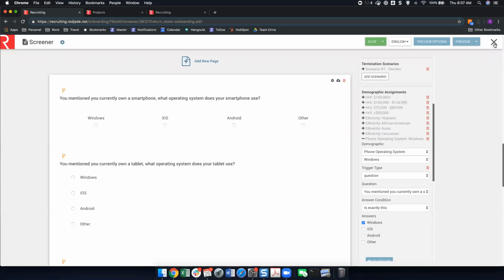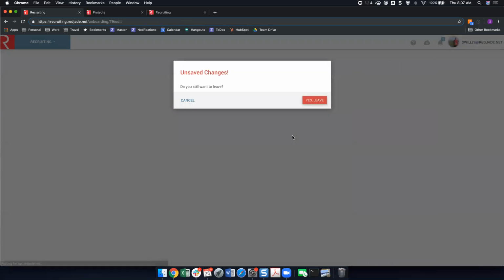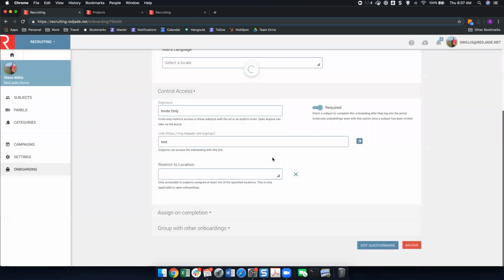So if you were to take this URL and post it to your Facebook page, your website, etc., as people fill this out, they'll create a portal account and you'll collect category information that you can then use to pre-screen individuals for your test. You can also create an open